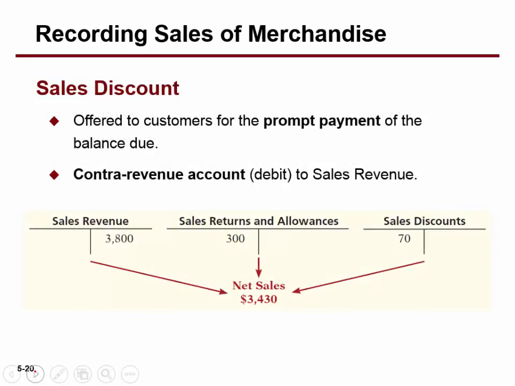So what happens? We have our sales revenue, and we have debits to our sales returns and our sales discounts, don't we? To give us our net sales. Now, sometimes students will say, well, look, if you credited sales 3,800, why didn't you just debit sales 300 when there is a return and debit the discount for the reduction in price, and you don't have to deal with these other two stupid accounts, sales discounts and sales returns.